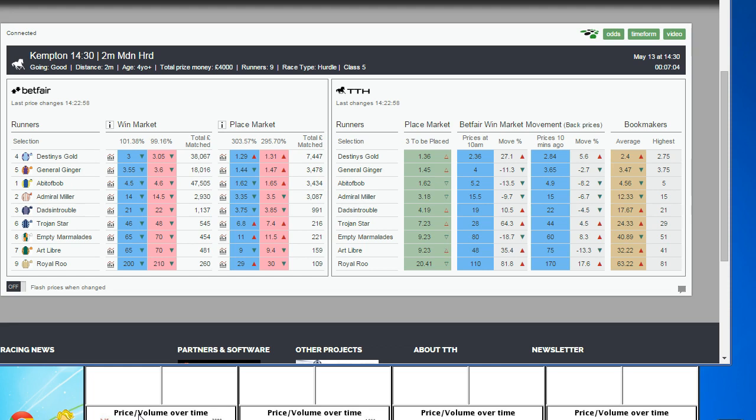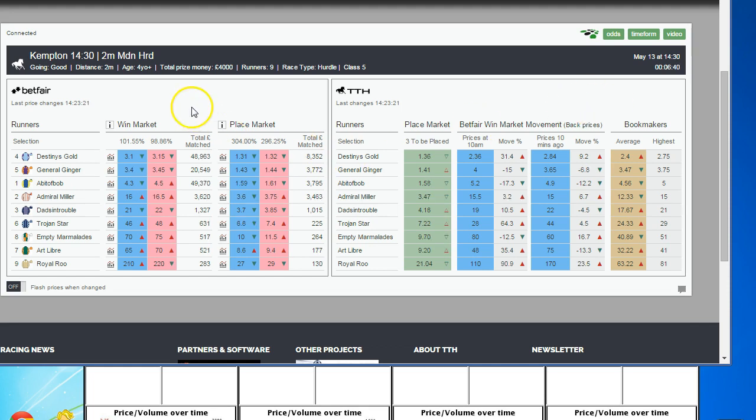Just going to make a series of videos demonstrating some of the trading methods that you can actually use with the software. Here you can see we're on the Trading the Horses grid screen. It's Kempton 2:30, on the 13th of May. We've got around about 7 minutes before the off, so it's quite a good time to go in and take a look and see if there are any opportunities for us to maybe trade a little bit on this